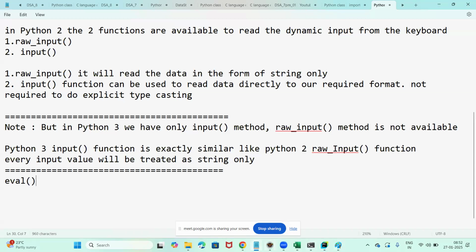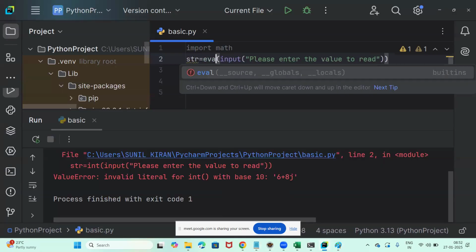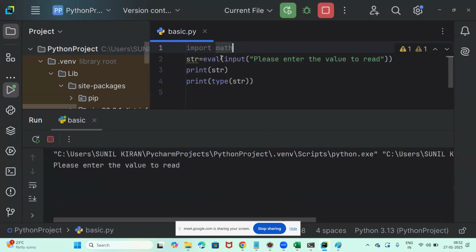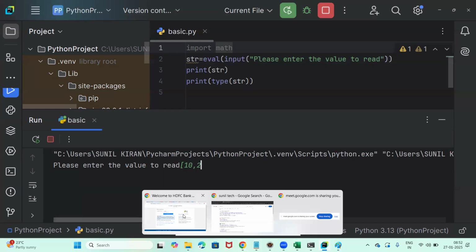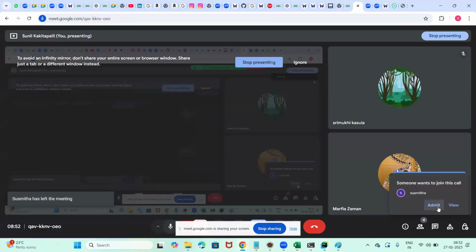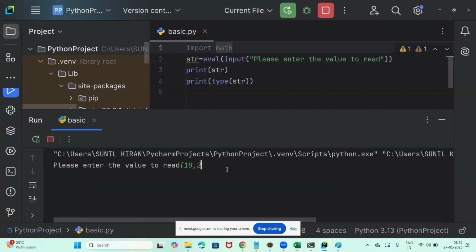See, the problem here is... okay, I'll tell you. Write eval before that. It will evaluate whatever input data type you are giving. If you write input in the form of a square bracket, it will understand. Okay, he is entering input. If you are entering input in the form of square brackets,